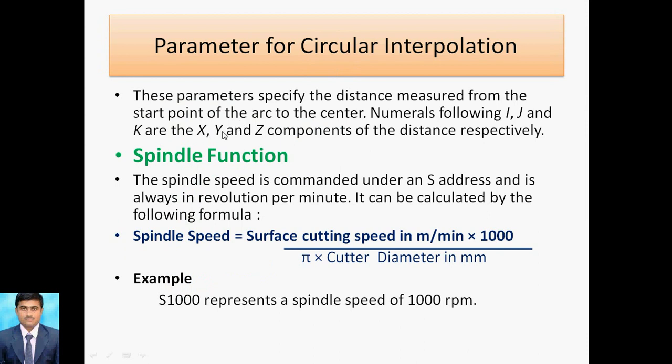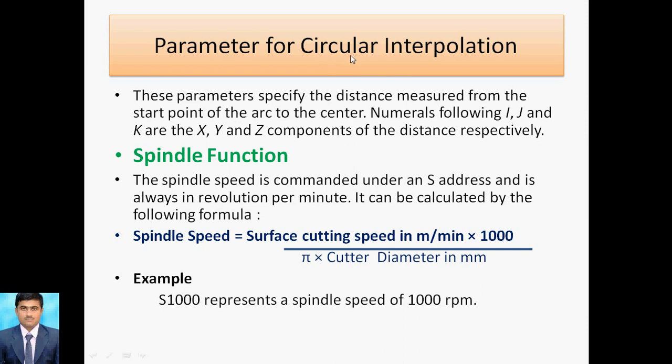As we know, XYZ is the coordinate system, then I, J, K is the center of the arc. If it is negative we write I minus or J minus. If it is positive we take I, J positive. So this is regarding numerical values. Otherwise you can express it in a different way: with the XYZ coordinate system we can take the radius R. X and Y for the starting point and ending point we can refer to, and we can use the radius, that is the R word. So you get the arc with the help of this system.